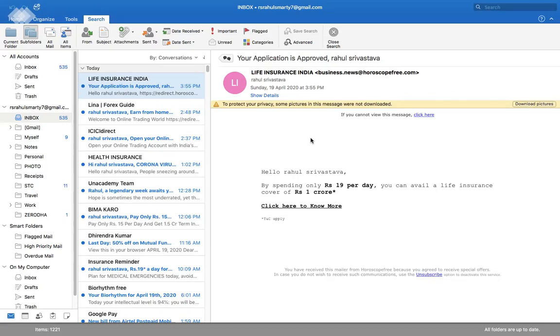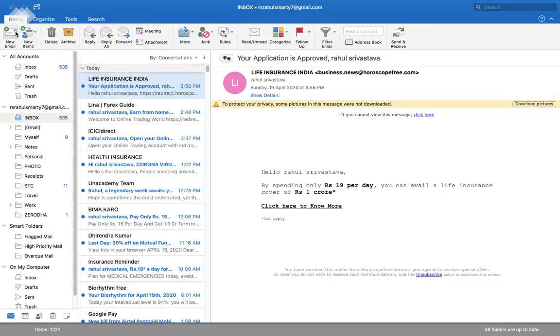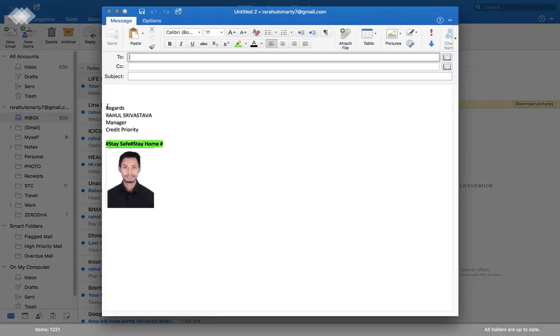In today's video, we will be learning two things. First, whenever you open a new email through Outlook, you must have noticed that an automatic footnote comes while sending an email. Suppose this is the footnote which comes automatically. Now, in the first part we'll learn how to create and customize this footnote.